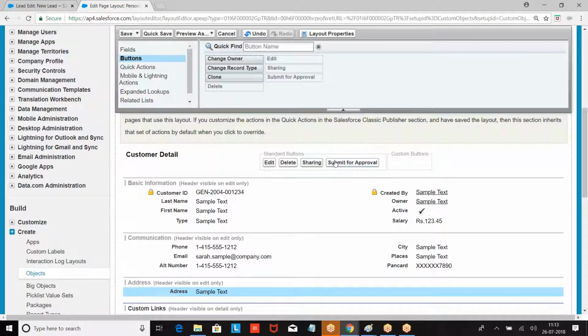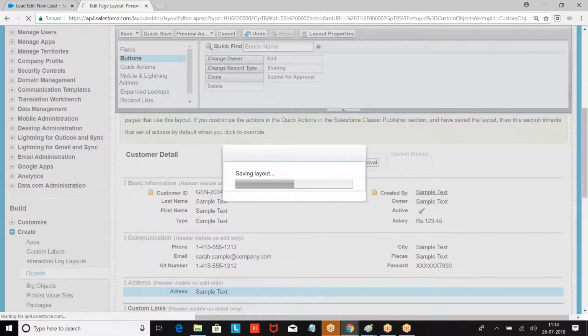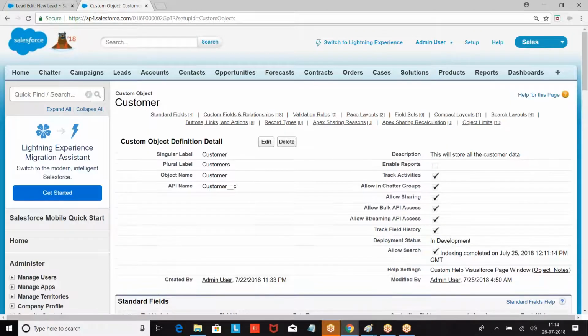Right now, what we have learned is only this. We created fields. Now we are organizing the fields. This is only the topic which is covered as of now. Right? Save it. Now, this is also why we are learning, because when you created a field using schema builder, fields are not getting displayed. Then I want to add those fields on the UI. That is the reason we started with the page layout.